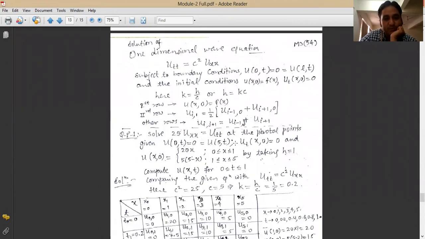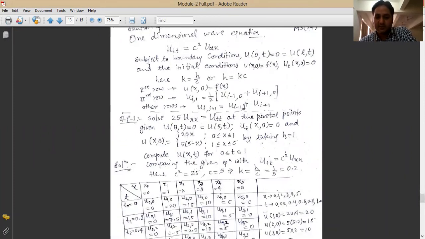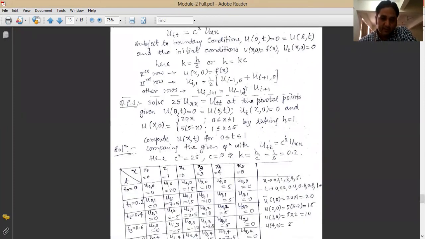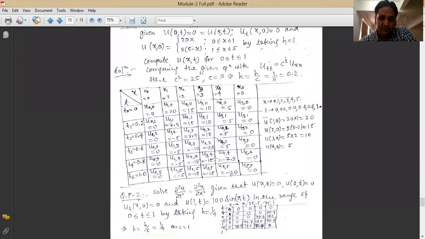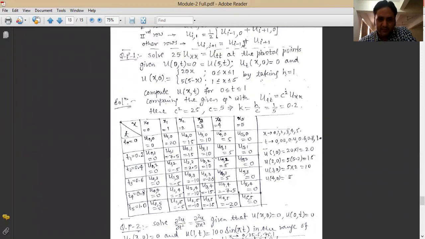Now here are some more problems for the one-dimensional wave equation. These are surplus problems. You can just have a glance and try to solve them. The method and the formula are the same as we discussed. But yes, we need some more practice. So just take the question for practice and we can solve it in a similar way. I think one question is extra given here.